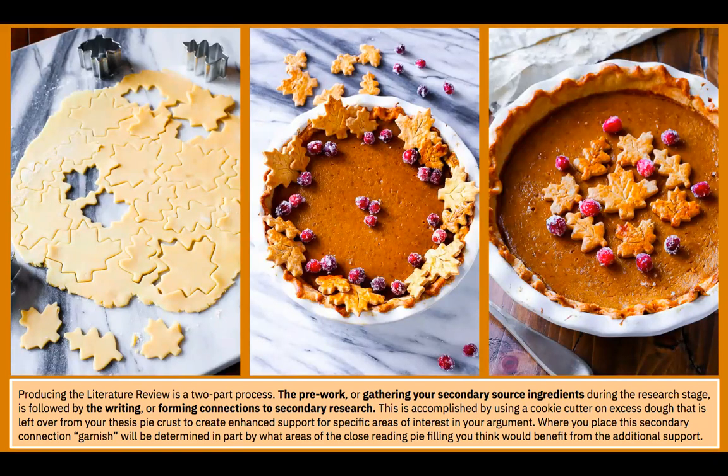If our pie was solely made of the thesis pie crust and the secondary connection pie decorations, we wouldn't have much to eat, right? So the idea is that the pie filling, or the primary source close readings, really comprise the majority of what you are offering to the reader of your project. And these secondary connections, in terms of these decorations, are enhancing or adding to the strength of those primary source